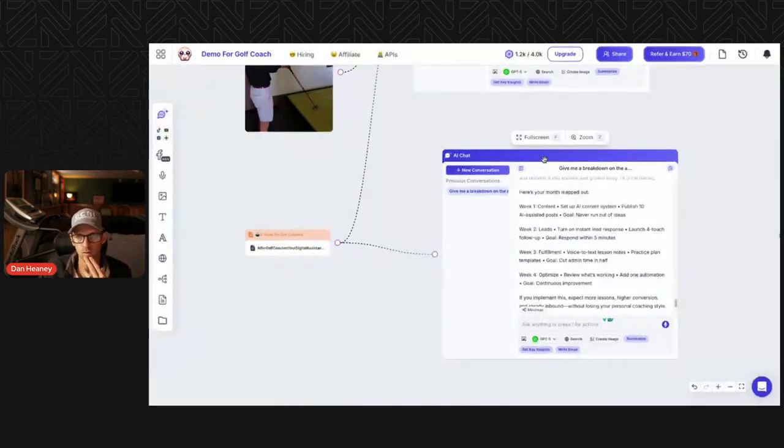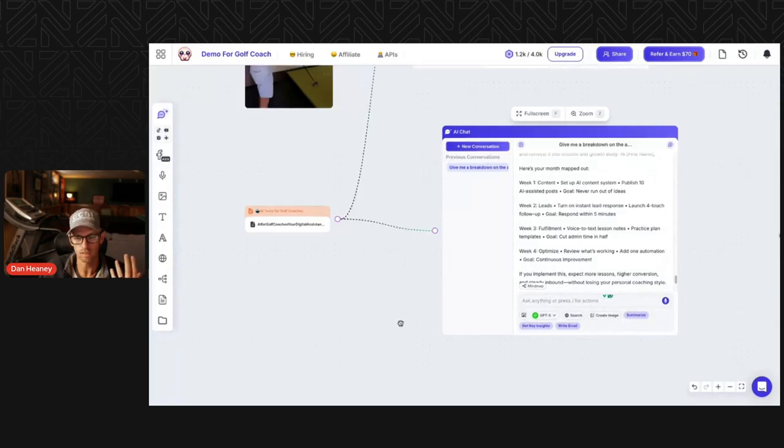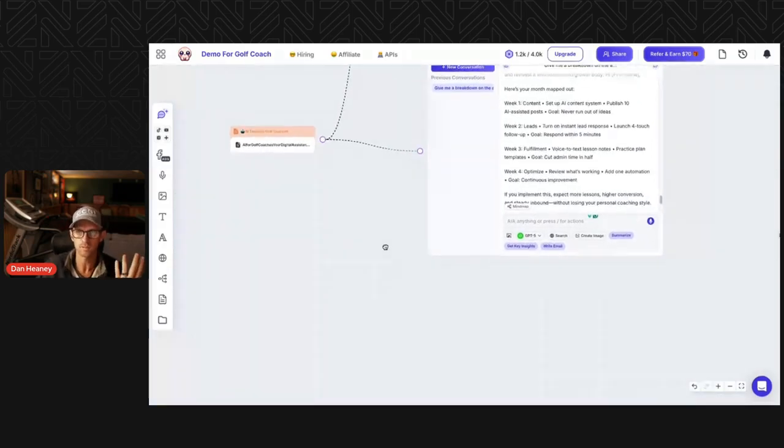A nice thing that you could do, whether you're using this software in Poppy or ChatGPT, is you can also upload data about your students. So if you're tracking statistics using things like strokes gained, obviously the different platforms that you might use, whether that's in Arcos, but what you can do inside of any of these AI platforms, whether that's Poppy, ChatGPT, or another one, feed it data on a student, then allow the AI to go through that data at speed and come back to you with information.